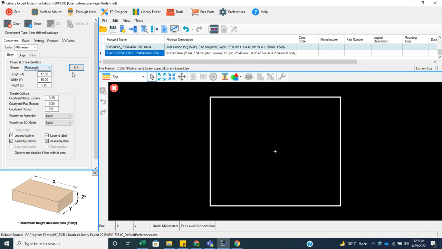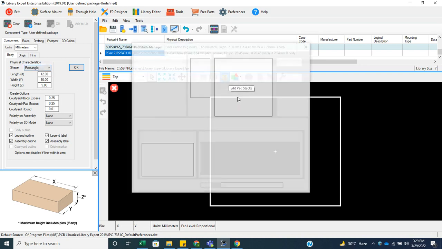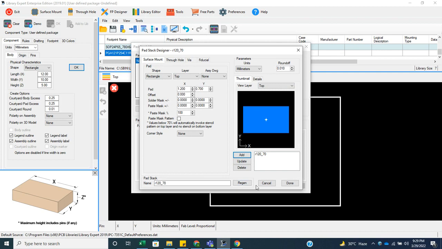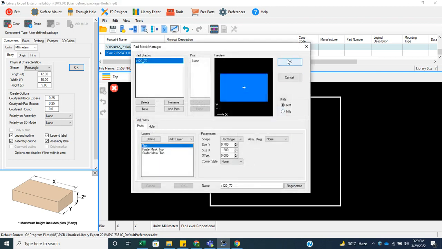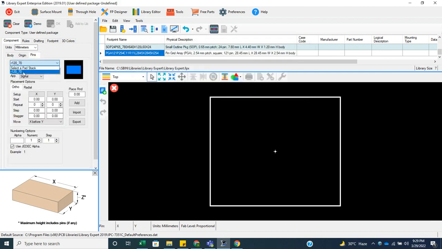And here, okay, done. Here you can get all the pad details, whatever you create, and you can put all the details here like this. You have to fill in all the details, place all the pins according to your datasheet, and again you have to add here